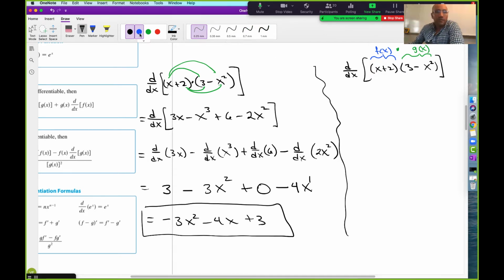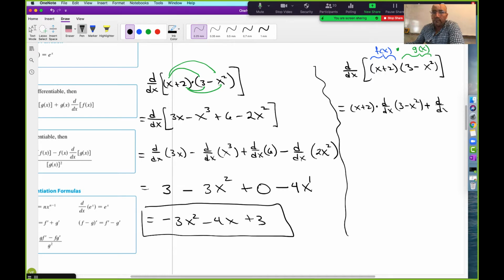So this is going to be equal to, and it doesn't matter what the order is when you write it down, as long as you keep track of things. So let's say we skip the first one, x + 2, just copy it down, times the derivative of the second one, d/dx of 3 - x², plus